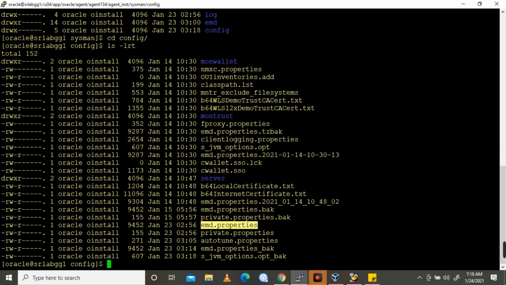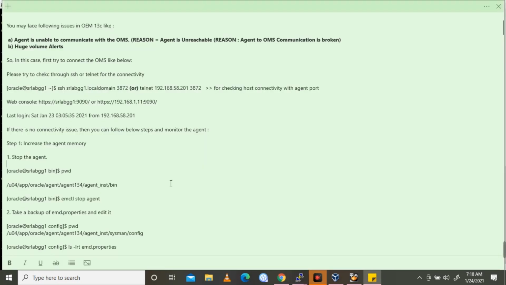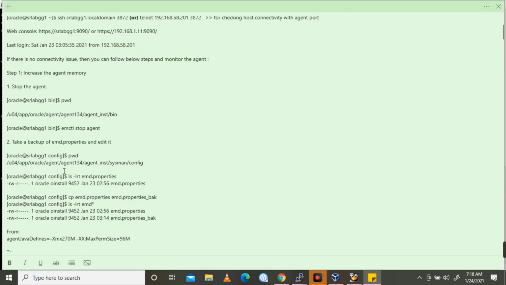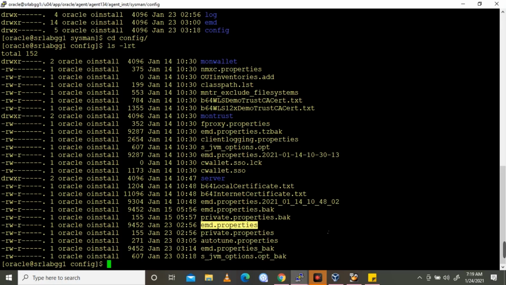We have to change the agent memory in this file. So we have to go to this location. First, what we need to do, go to this agent home location and stop the agent, emctl stop agent, and take the backup of the emd.properties. This file we need to take backup. So I already taken backup,